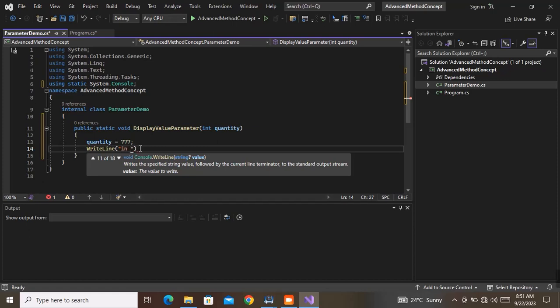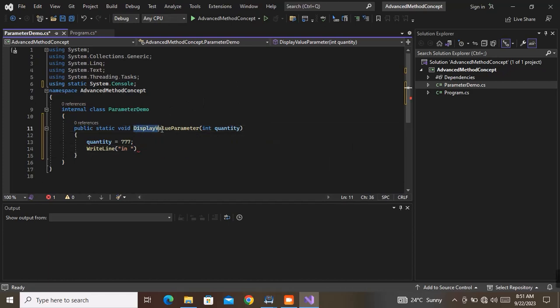So I want to say, in this method, in display value parameter, let me just copy that and paste, in display value parameter, which is a method, in this method